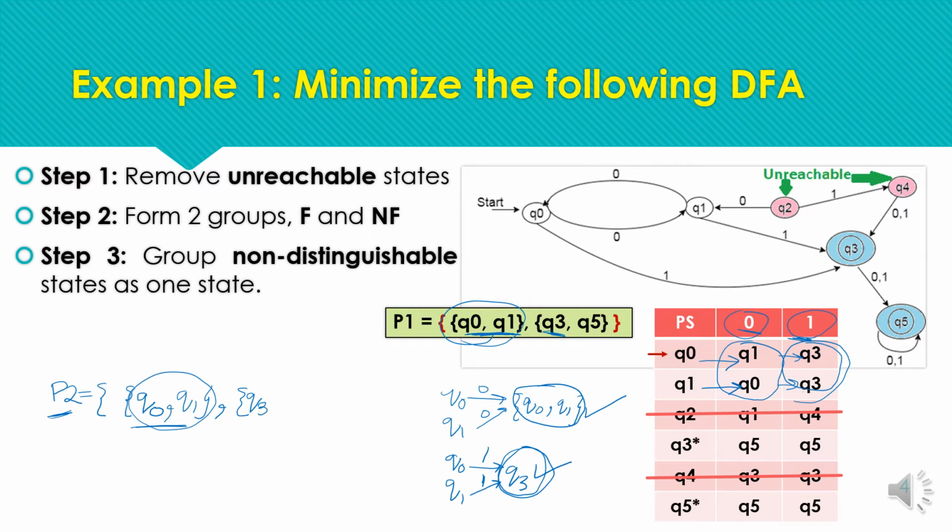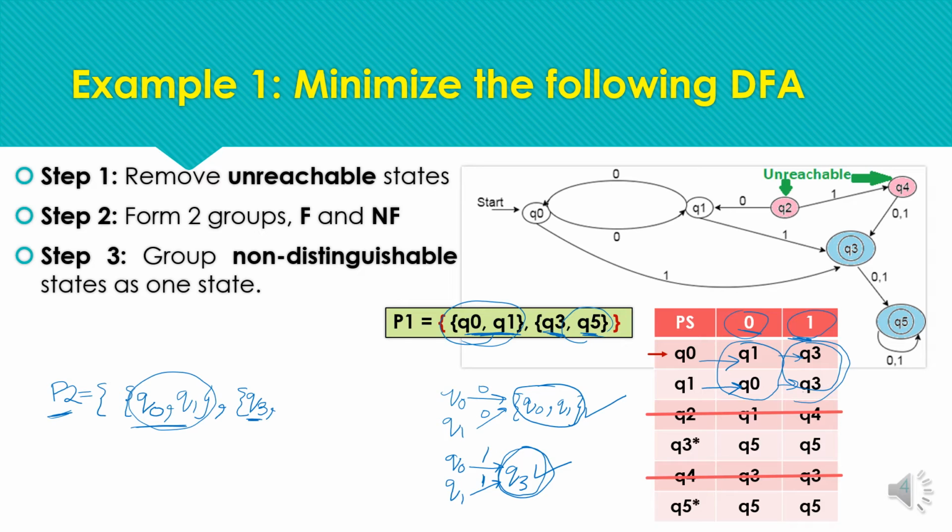Repeating the process, just write the first state as it is. Now check the compatibility of the other states with the first state. So here we have only one state, that is Q5. Now we have to check whether Q5 can be part of the same group or not. So checking the compatibility of Q5 with the Q3 state. We have to check the compatibility or similarity for Q5 and Q3. So checking the transition for each and every input symbol.